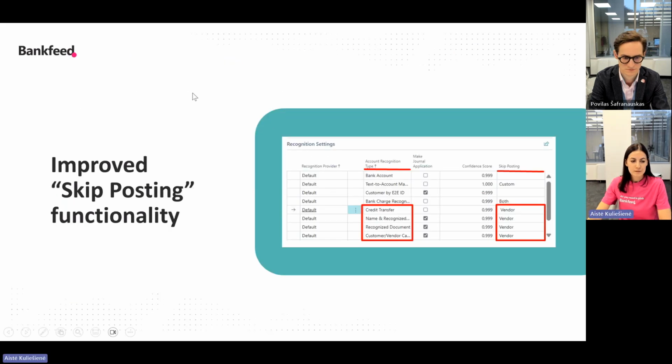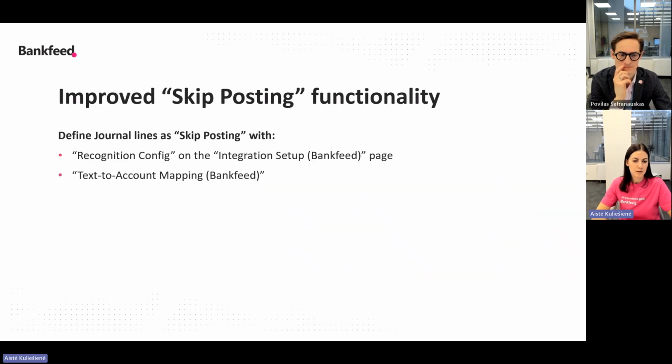Okay, so in the new assisted setup function, there was the possibility to skip vendor payments removed, and we improved the skipped posting functionality. So we can set what kind of lines we want to skip.